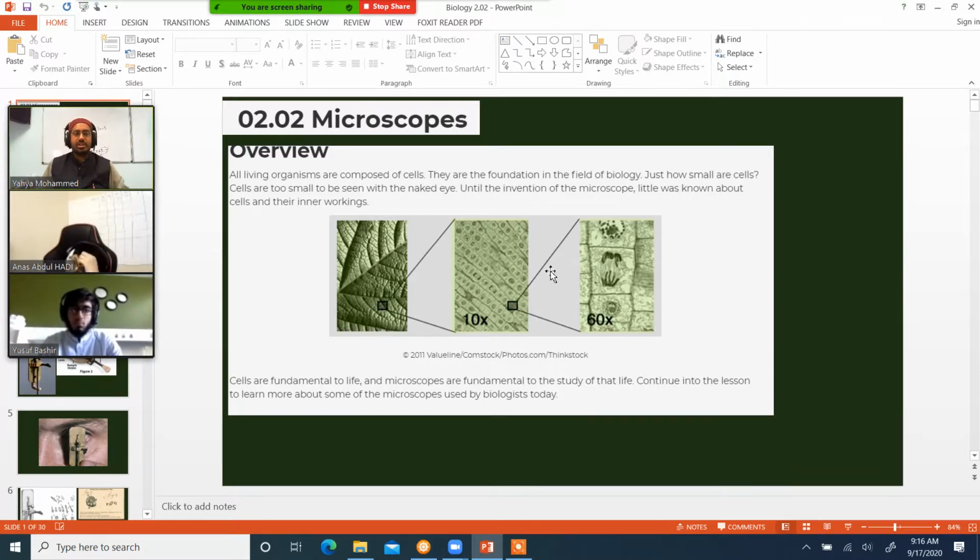This picture over here is giving you some examples. The picture all the way to the left, you're just looking at the leaf. There's no magnification being used. Now, when you multiply it 10x in this plant, you start to see the individual cells. You see all those little dots; those are kind of like the nucleus of all of those cells. And if you zoom in 60 times, you see all of these boxes. Each of those is a cell. This gives you an idea about how small cells are. If you zoom in about 60 times, this is what you're going to see.